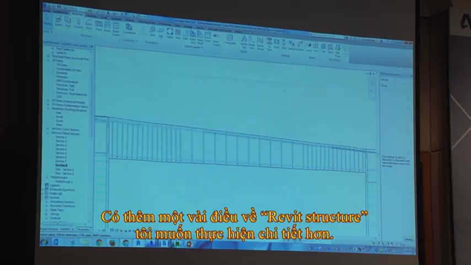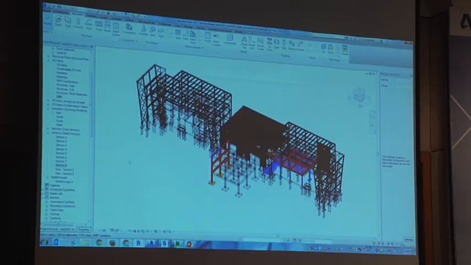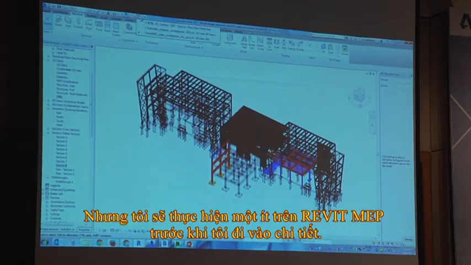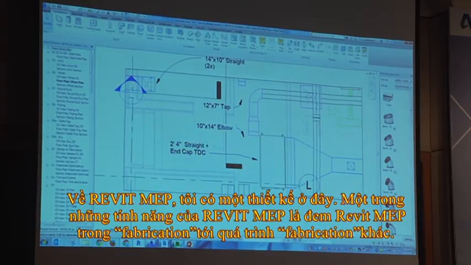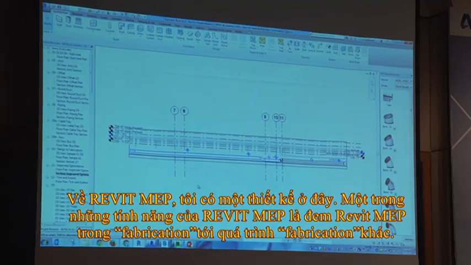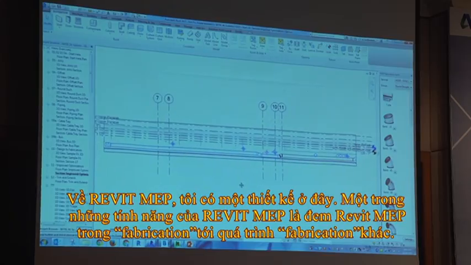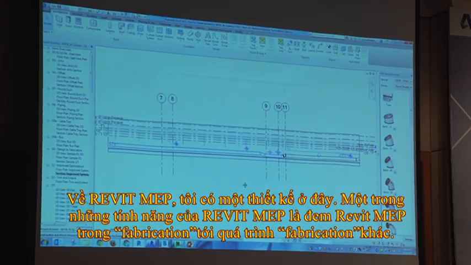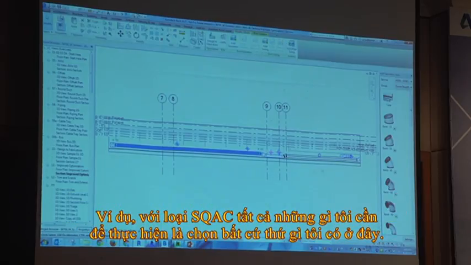Okay. So there are a few more things about Revit Structure that I won't touch on in more detail, but I'm going to touch a little bit on Revit MEP before I move into details. For Revit MEP, let's say I have this kind of design over here. One of the enhancements of Revit MEP is that they're moving it into fabrication tools, the fabrication process. For example, on this HVAC, all I need to do is select whatever I have over